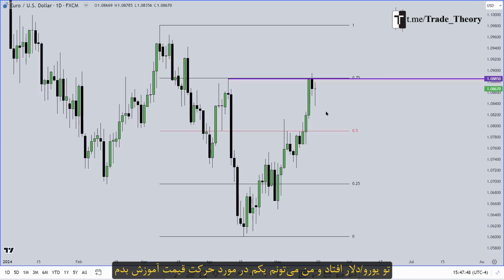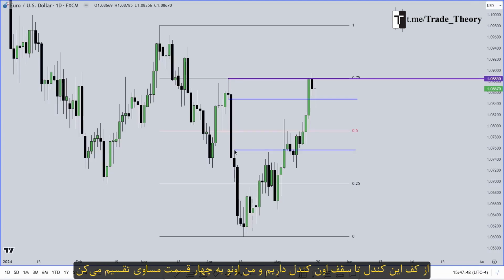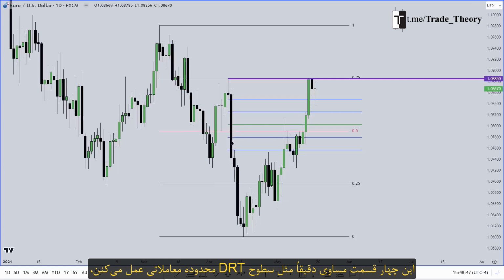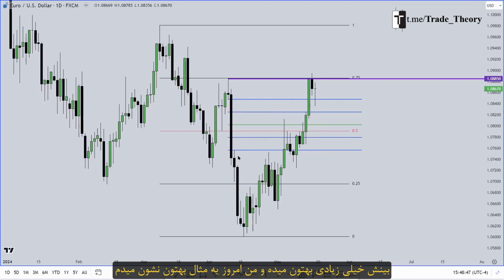So this purple line here is the buy side liquidity that rests above this swing high. We have this sell side imbalance from this candle's low to this candle's high, and I'm going to grade that into equal quadrants. Now, these equal quadrants here are going to act in the same way as the dealing range DRT levels. This here is its own range in itself. The more you backtest and study fair value gaps and you break them down like this into grades and notice how price reacts from these levels, it'll give you a huge amount of insight. And I'm going to show you an example here today.